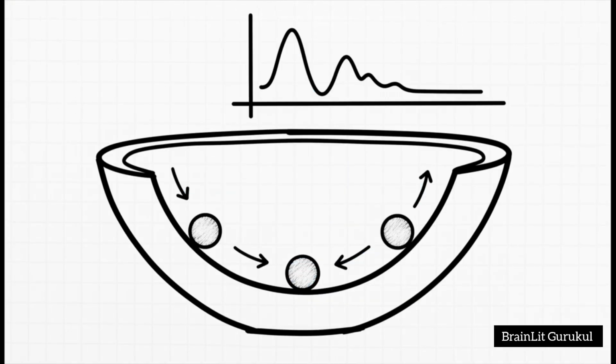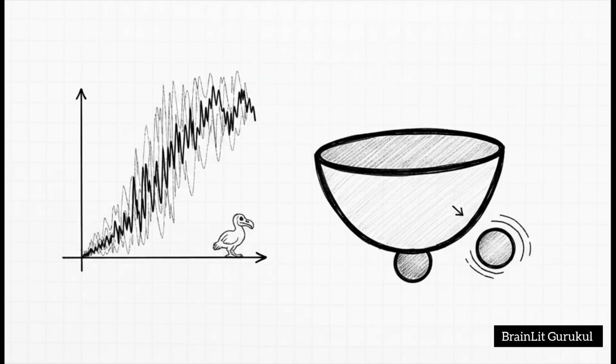Now this is what we're talking about. Asymptotic stability is way more robust, and it's what we actually see in nature. Here, the oscillations get smaller over time, kind of like ripples in a pond that slowly calm down. When this system gets disturbed, it actively works its way back to its original equilibrium point. That's true resilience. And then we have the other end of the spectrum, a totally unstable system.